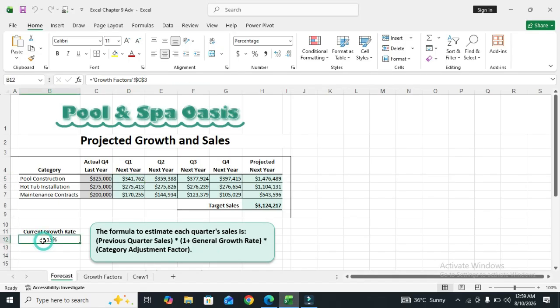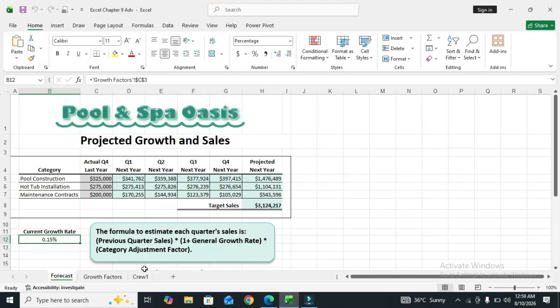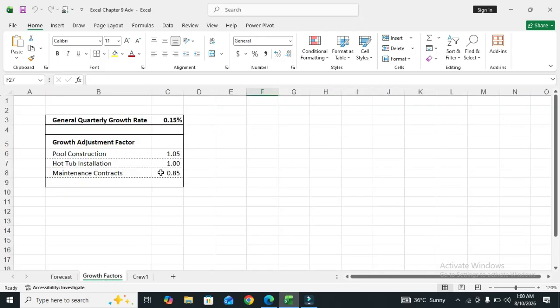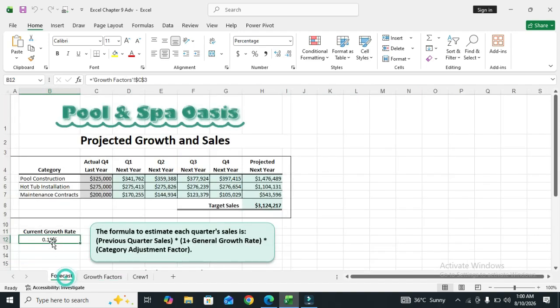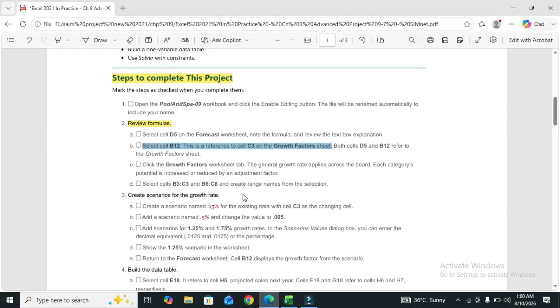This is a reference to cell C3 on the Growth Factors worksheet. So both cells D5 and B12 refer to the Growth Factors worksheet. Part B is done.